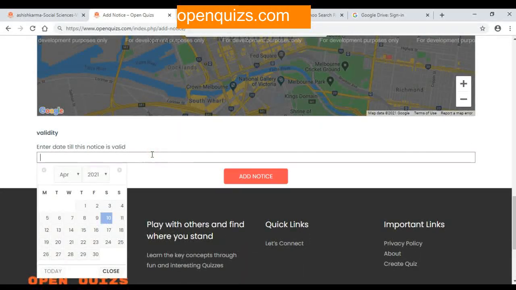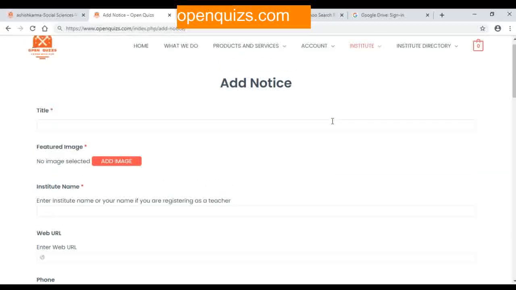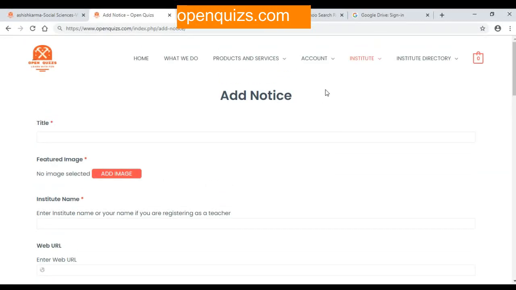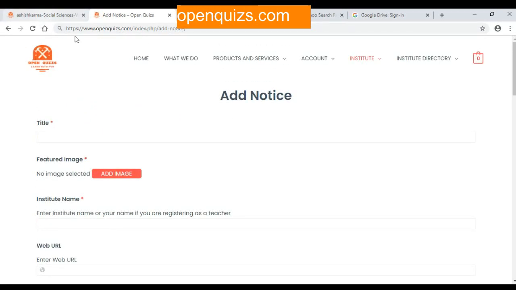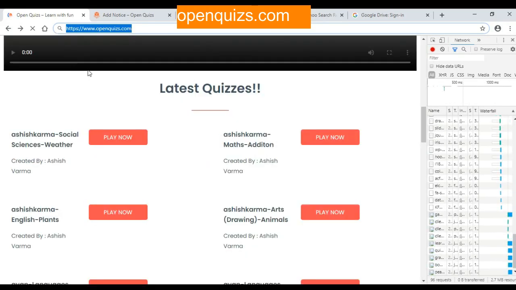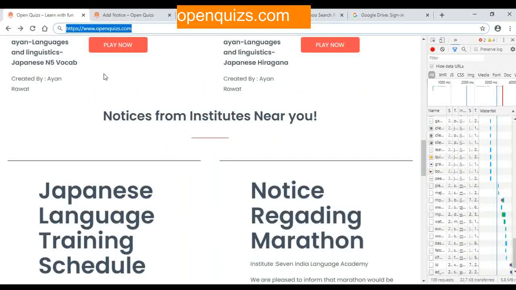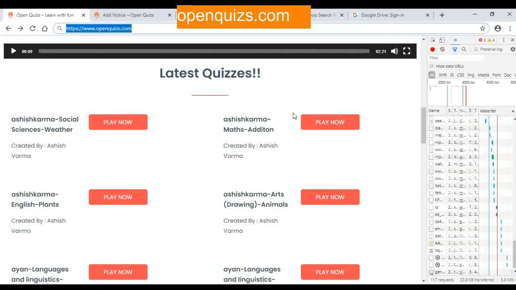So bear in mind, if you put a validity date, these notices will automatically go away from your institute homepage. Also, these notices will appear on the main website, that is the Open Quizzes main website. If you go to this home page, these notices will appear here. Also, all your quizzes will appear on the main home page.